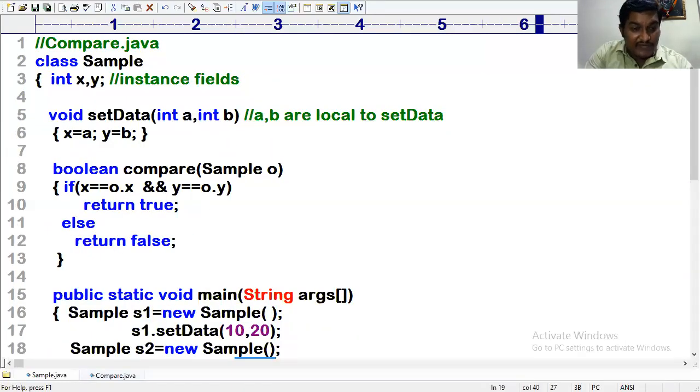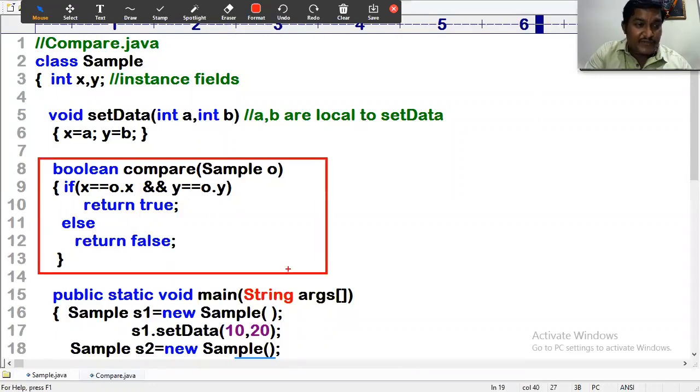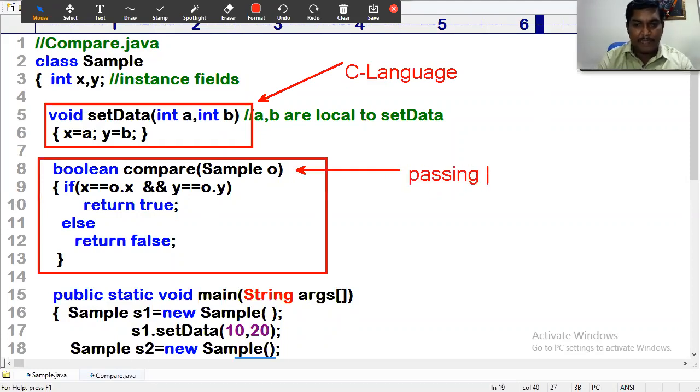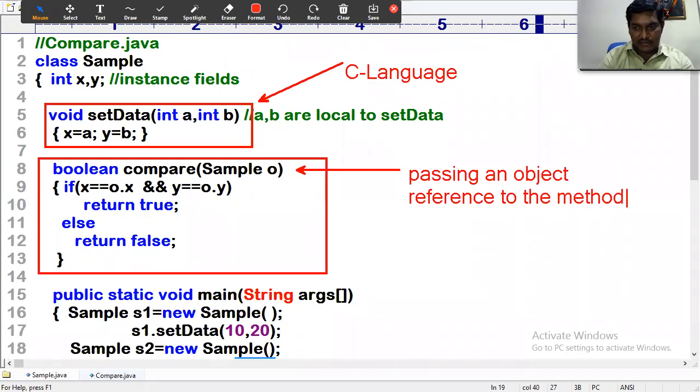This type of thing is very important. Even an ordinary guy in the C language can do this kind of thing. But here, what are we doing? We are passing an object reference to the method as an argument.